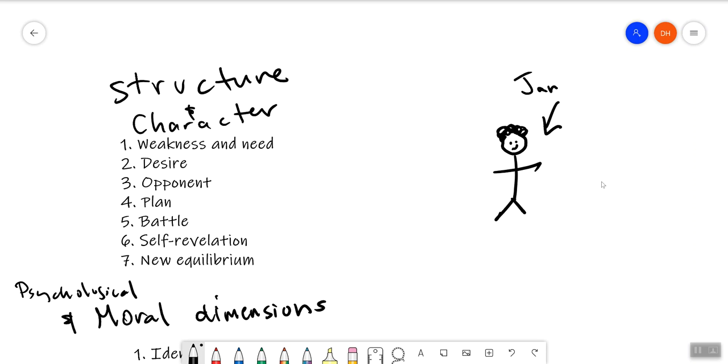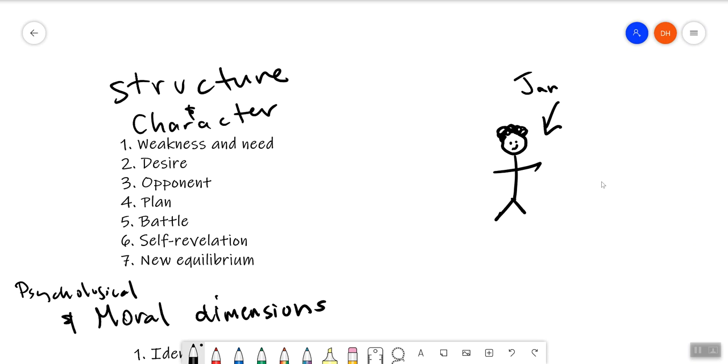So when we get to this idea, number one, of weakness and need, this is something central to building an interesting character, okay? We all have varying degrees of weaknesses and needs in our own normal lives. The trick with fiction is that you're actually stripping out a lot of the day-to-day stuff, okay? You're trying to focus down on one real need, one real weakness inherent to the character. As you all know, as human beings, we are full of weaknesses. We are full of different needs, okay?